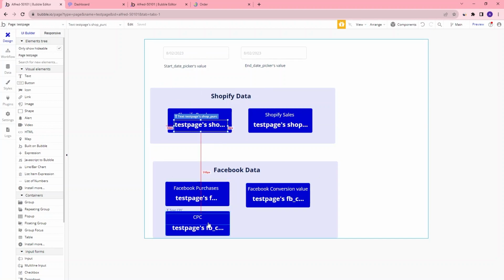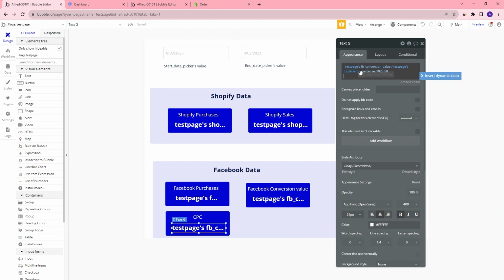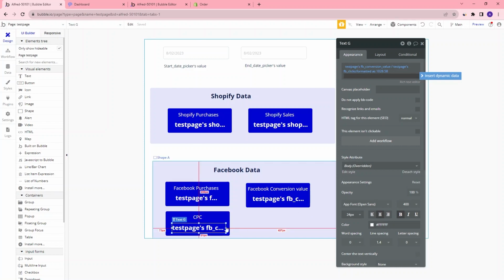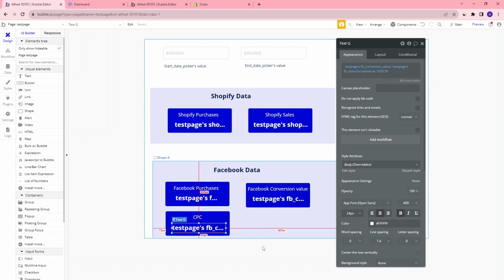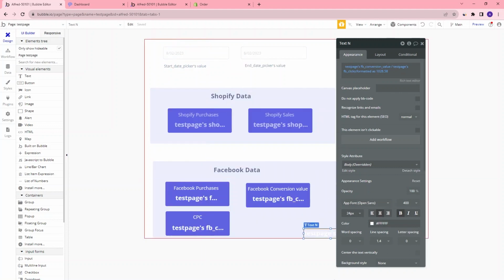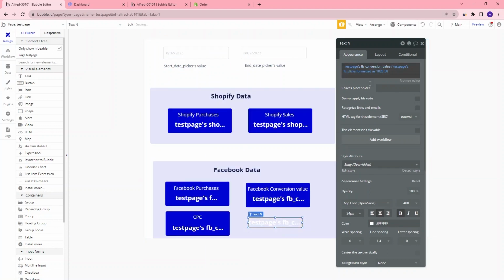I just wanted to make a quick comment on order of operations. So in this case, for cost per click, we did a little bit of math here. We did the conversion value divided by clicks. And so I'm just going to show a quick example. So I'm going to copy this text box here and paste it here. And so